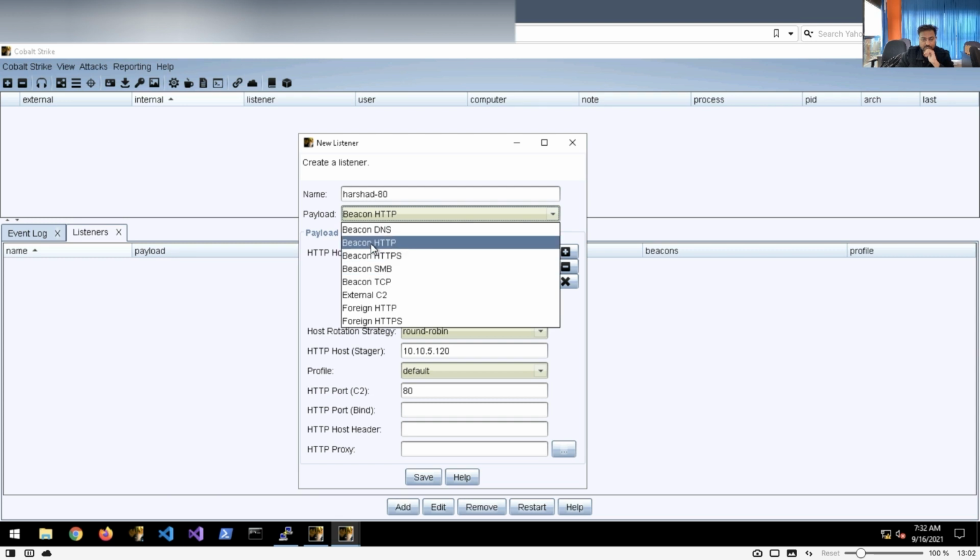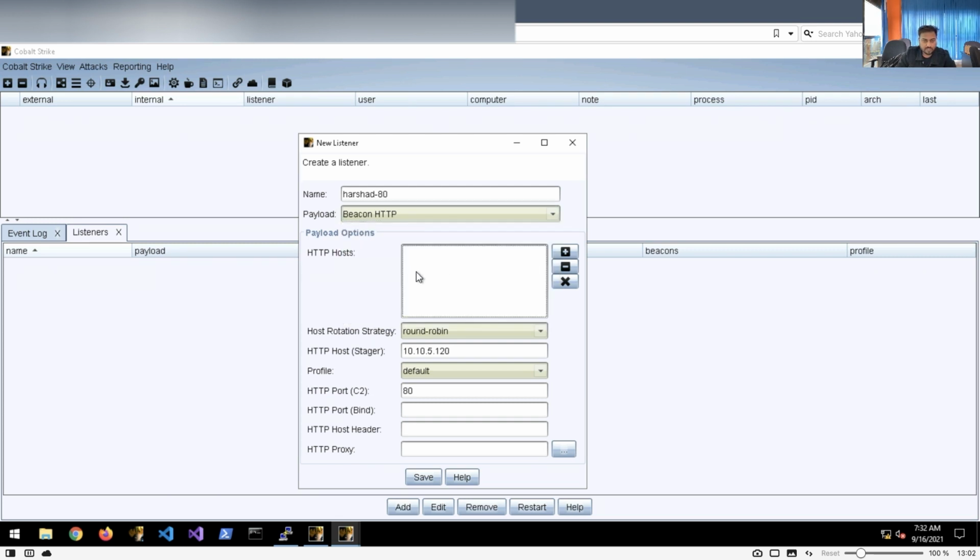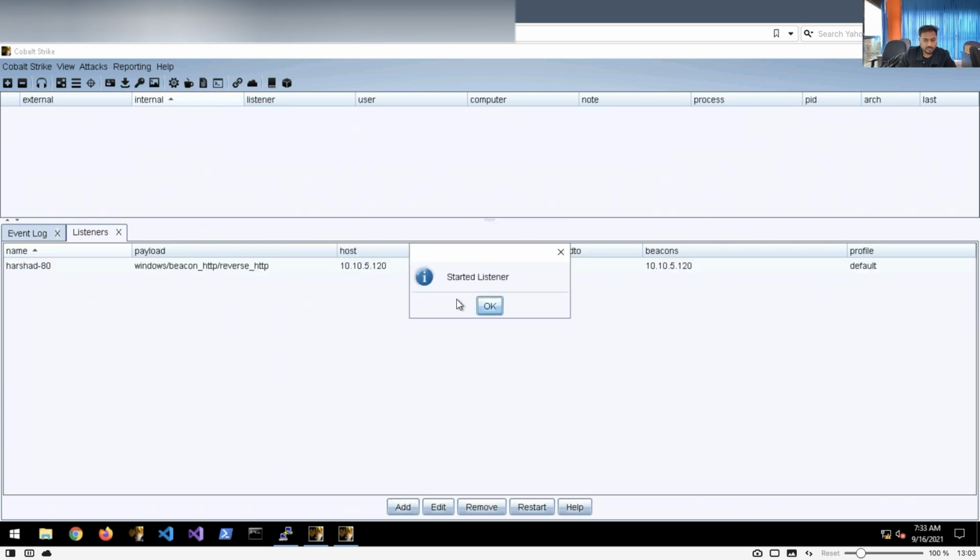I'm selecting this beacon HTTP, and after that, okay, you see right now there is no host. I need to add it here, right? So you can simply click this button plus, and here is our particular host, and this is basically our attacker IP address. Okay, click here, and now if you see everything remains the same and I don't want to change anything, you simply save it. And here you go, right? You can see clearly the listener is started. Now what we can do next in this particular case, so you can clearly see the team server is basically listening on port 80, right? Here it is. This is how we can work the first part.